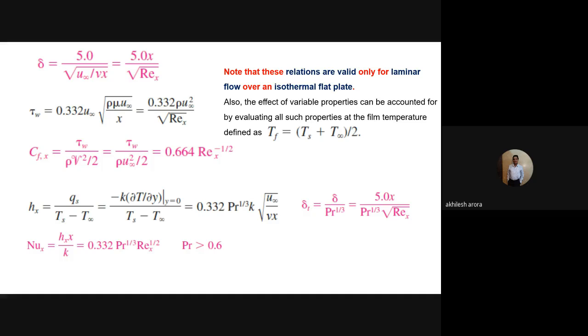When we solve these equations, we get the velocity boundary layer thickness, delta, and the value is